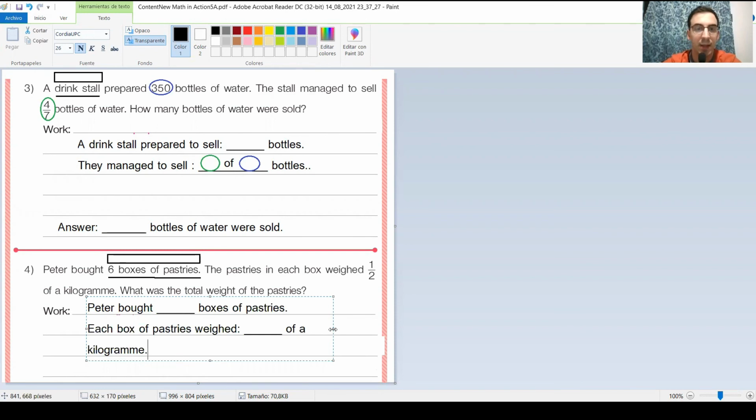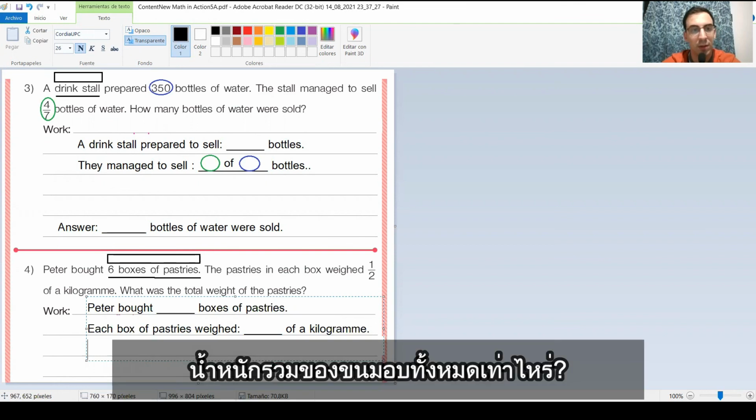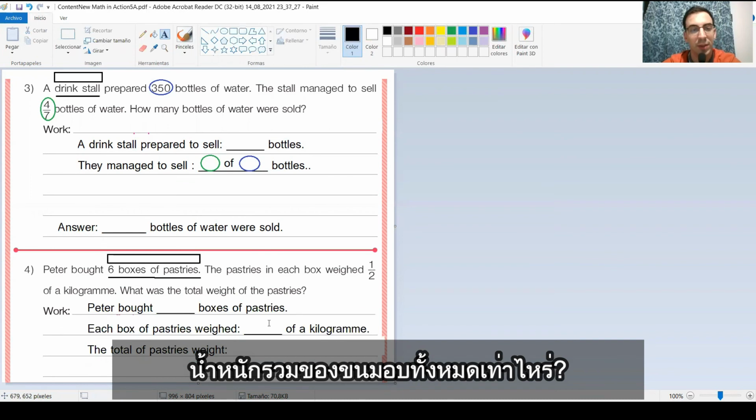So basically, we have to know that the total of pastries weighed, this is the point, okay? The total of pastries weighed this number that we got here,